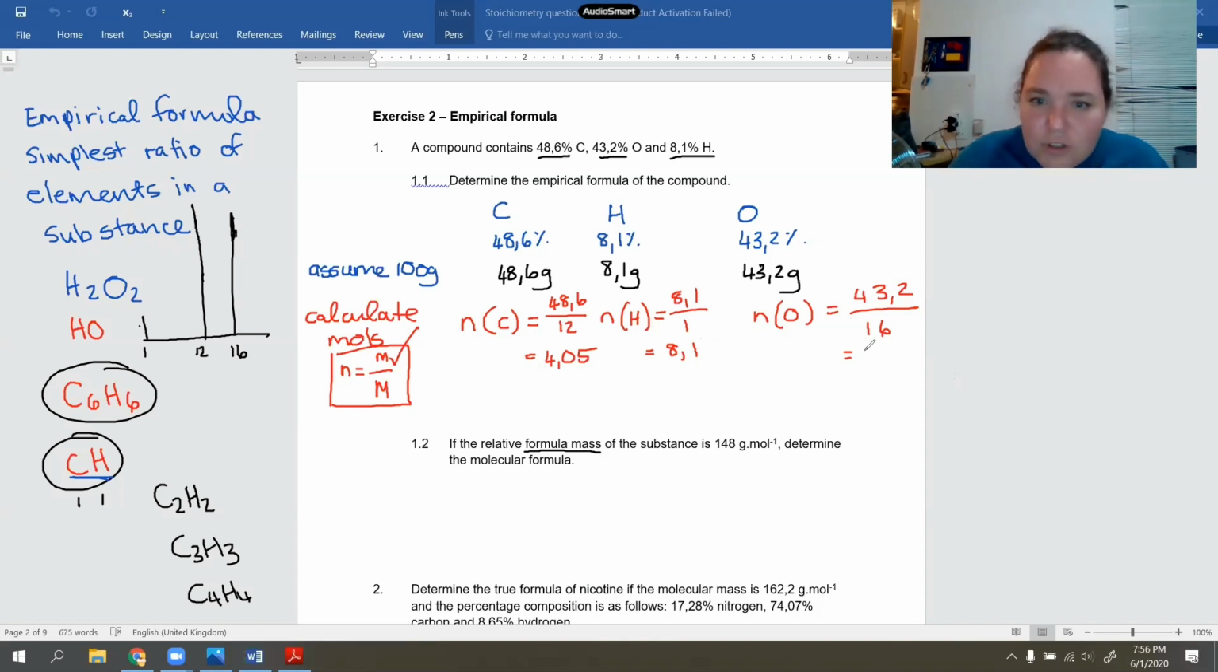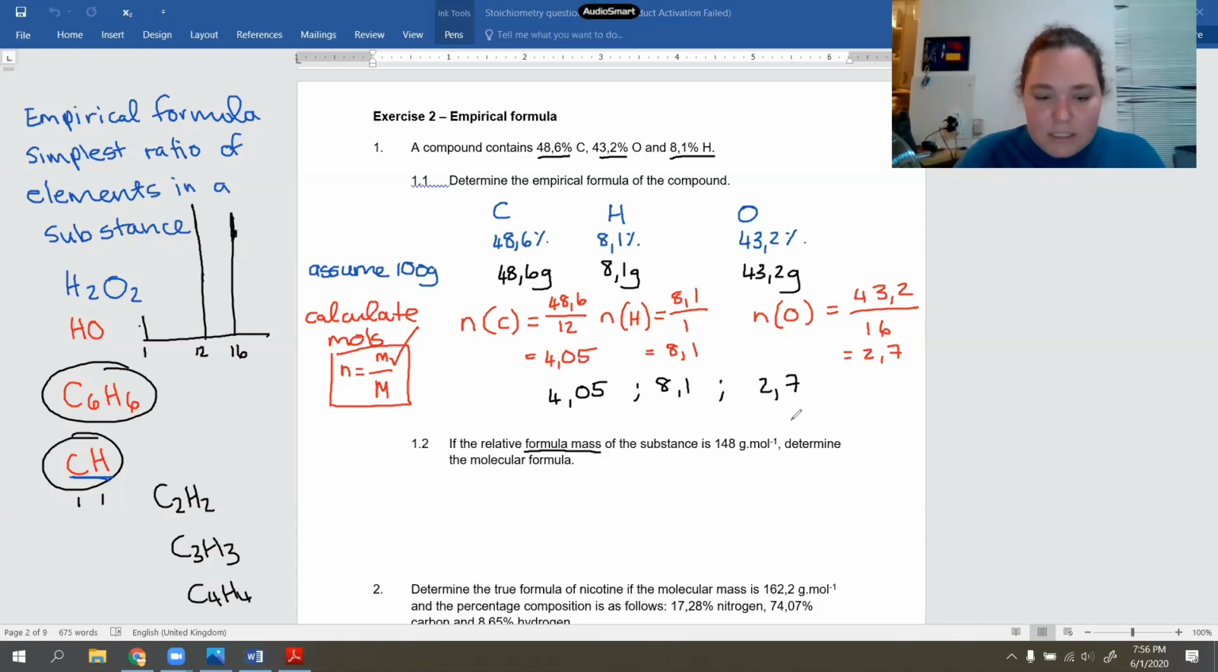Yes, I did. I got 2.7. Okay, so what we do now is we've got our first ratio of carbon to hydrogen to oxygen. We know that it's 4.05 to 8.1 to 2.7. Please just let me know if I've done anything wrong here, because I'm suddenly doubting the numbers, but I sometimes do that unnecessarily. They do all add up to close to 100, and there is definitely